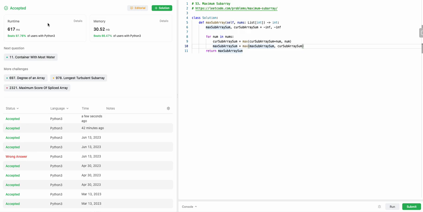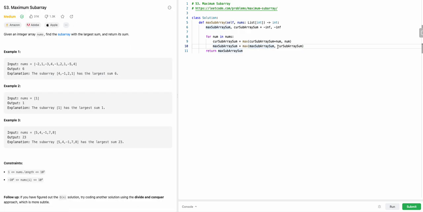Now another aspect of this question is, if we were asked to return the maximum subarray, right? This is something which I would like to focus on now as a part 2, or a follow-up of this question, that